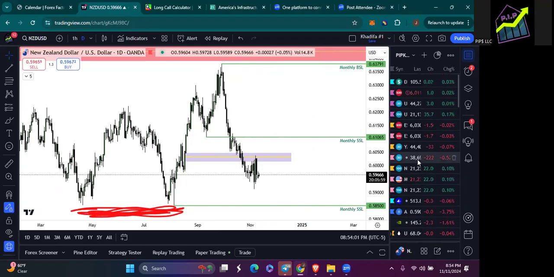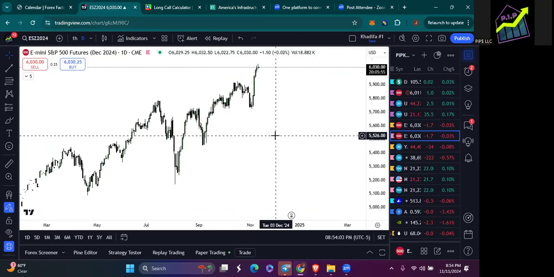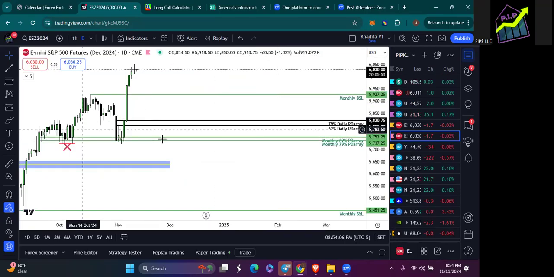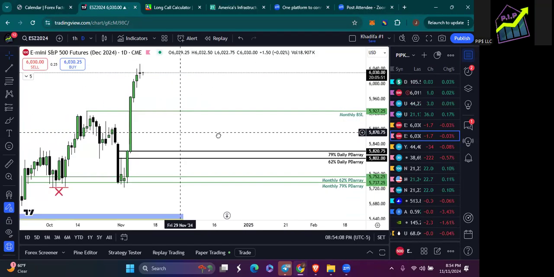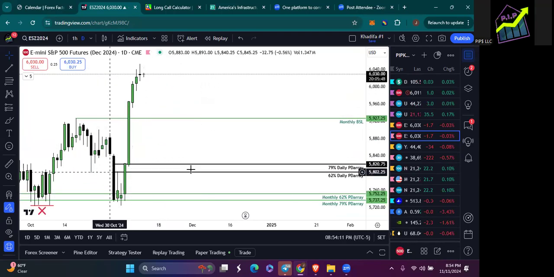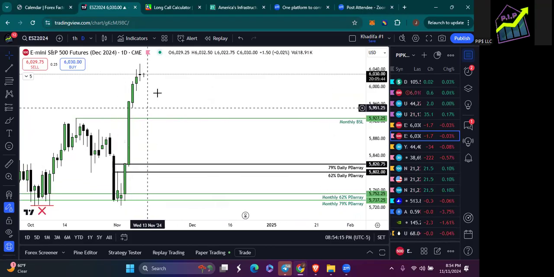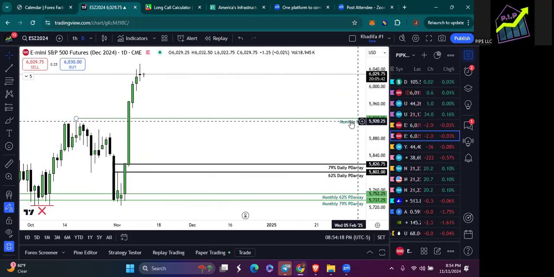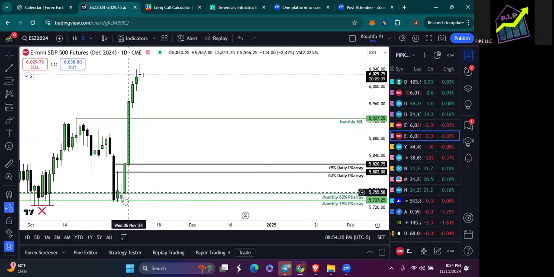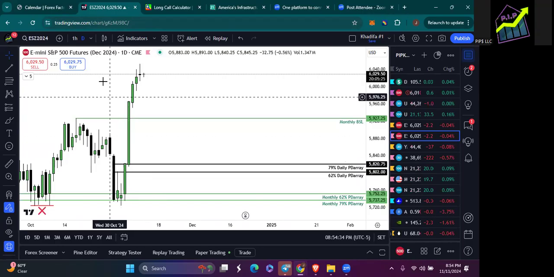So that being said, moving on to futures. I told you guys in my last analysis that depending on how we broke above these PD array levels, I would expect ES to run this monthly buy side liquidity. As you can see, we broke through that PD array level aggressively, right? You don't even get a chance on the daily here, right?